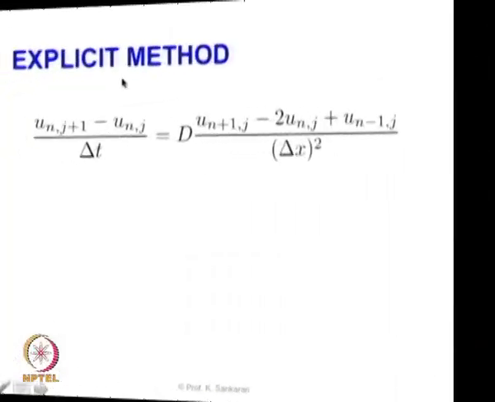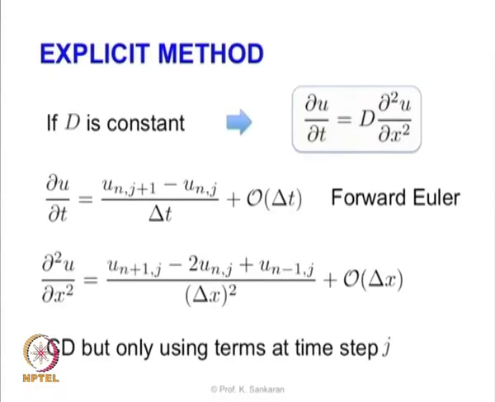But that being said, I don't want to leave out on the implicit method altogether. So we will look into the implicit method briefly in this particular part of the lecture. So we will recap on the explicit method which we started with, and then we will take you to the implicit formulation of that particular problem. So remember, we started with the explicit method for a heat diffusion equation which was given by this particular form. So we had the forward in Euler and centered in time for this particular heat diffusion equation, and we did